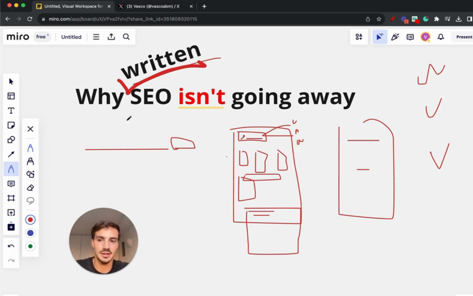I'll link it down below. But my point here is that written SEO isn't going away anytime soon because of two simple factors. The first one, people are never going to stop reading. And if you think so for any second, it's not a very smart thought, because you're never going to stop reading. That's the actual truth. So people are still going to want to position their stuff that they wrote in front of you. And as long as there are search engines around, which is my second point, which will never go away, written SEO isn't going away anytime soon.